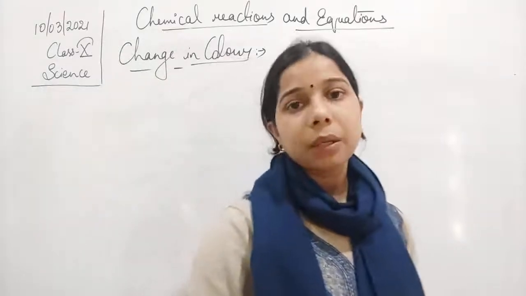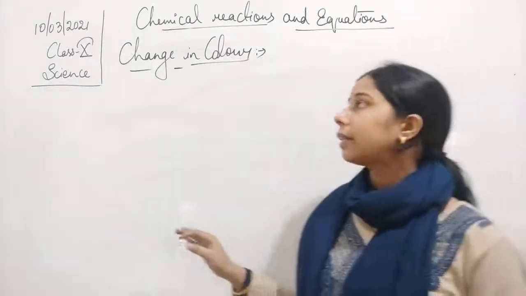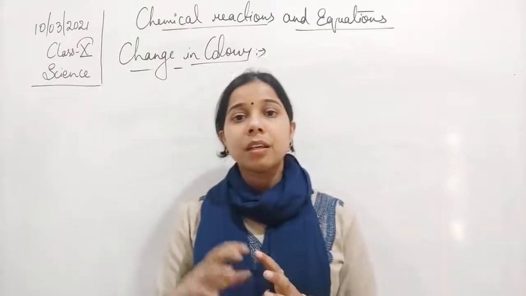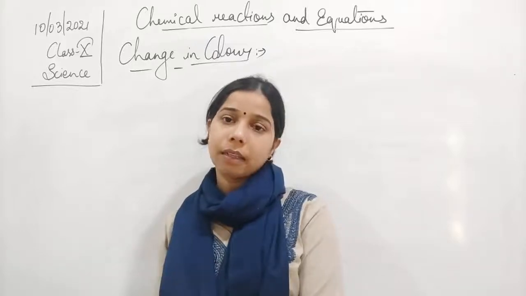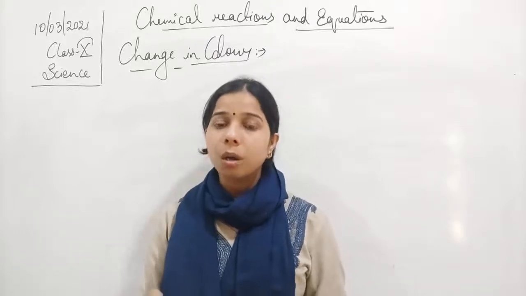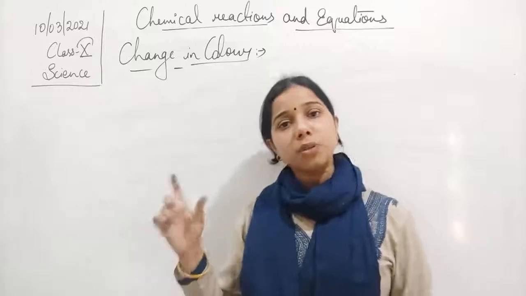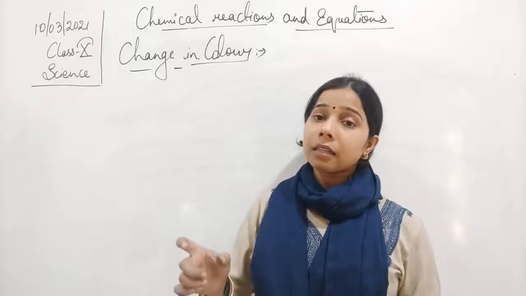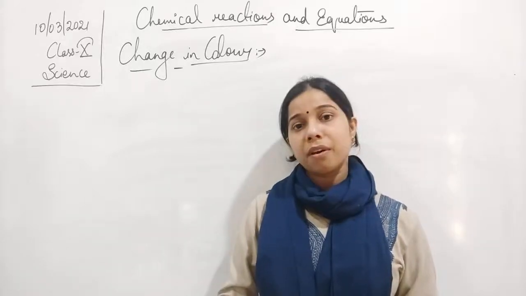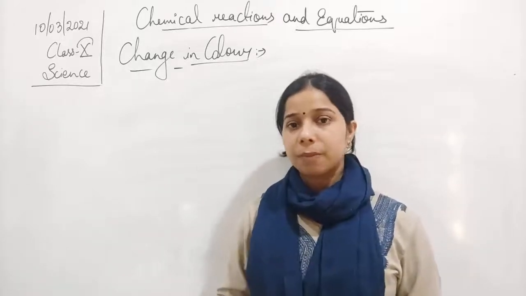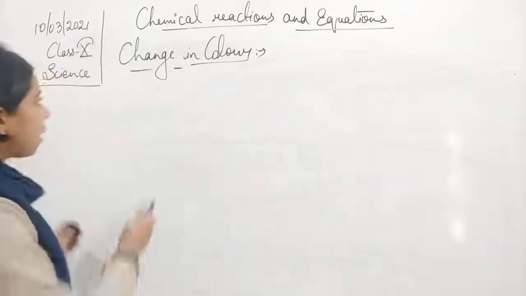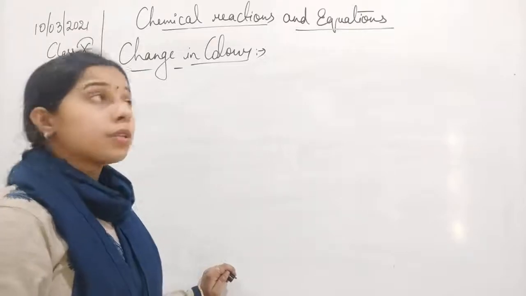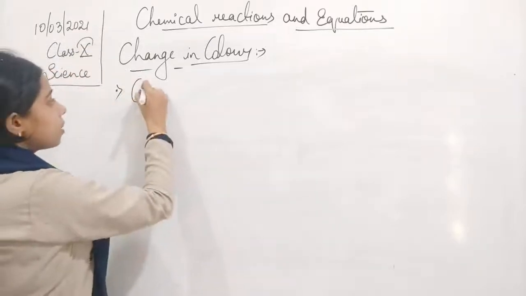So when we talk about change in color, you will find that there are some reactions in which, when the reaction occurs, there is a change in color. The color of the product which is formed and that of the reactant differ from each other. That is a characteristic of a chemical reaction. How can we understand with the help of an example, student, how change in color comes under a chemical reaction? So suppose we have taken citric acid,